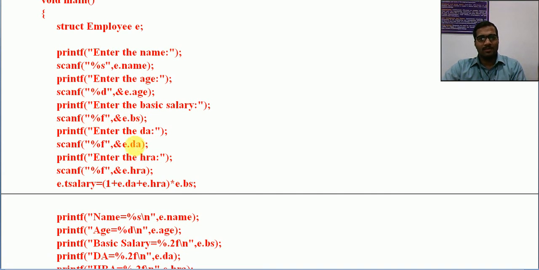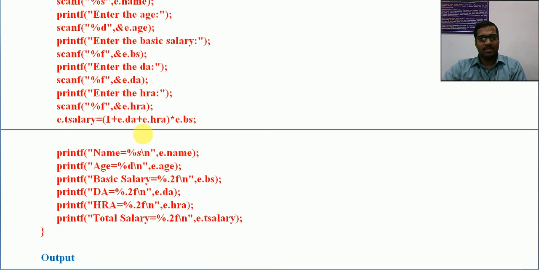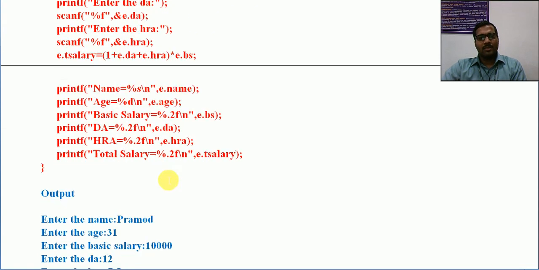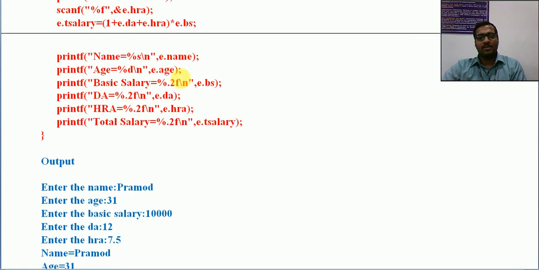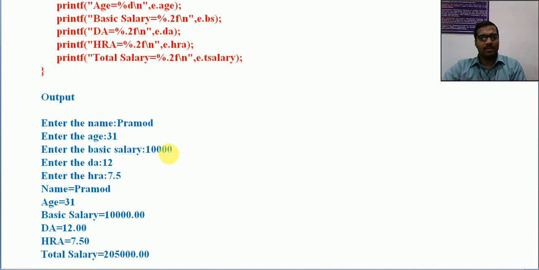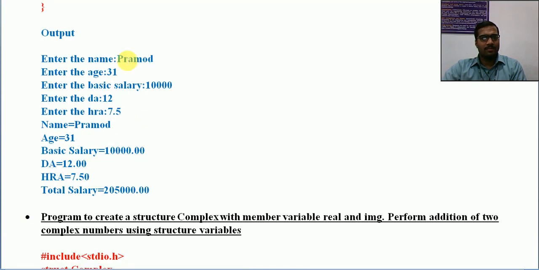Here we are having only one employee, reading all that information, finding the total salary by using the formula given, and then printing the values. Directly we are printing all these values. So enter the name, some details are being entered, then these are printed in this particular format. Because we are having only one record, I don't require a table, right? So in any format we can print.